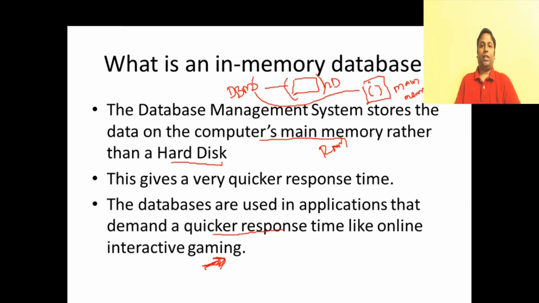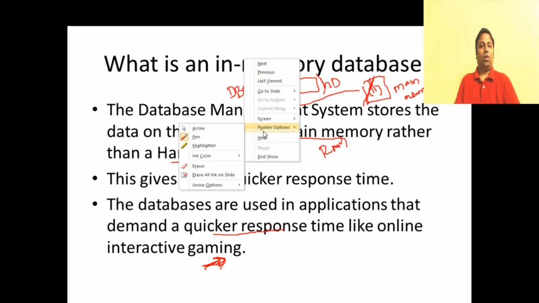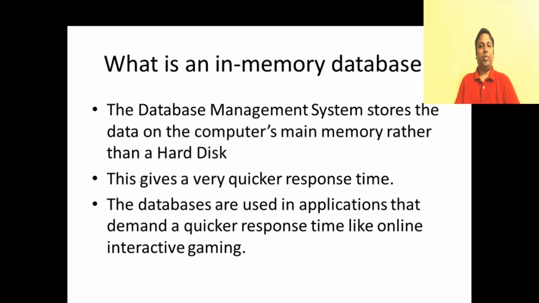You can ask me one question: what happens when there is a loss of power? Your entire data is going to be down, or it's going to be lost. That can be another important question. So what happens when we lose data? They have an architecture for that, and that is called on-disk persistence. Let me explain that with a blank slide here.